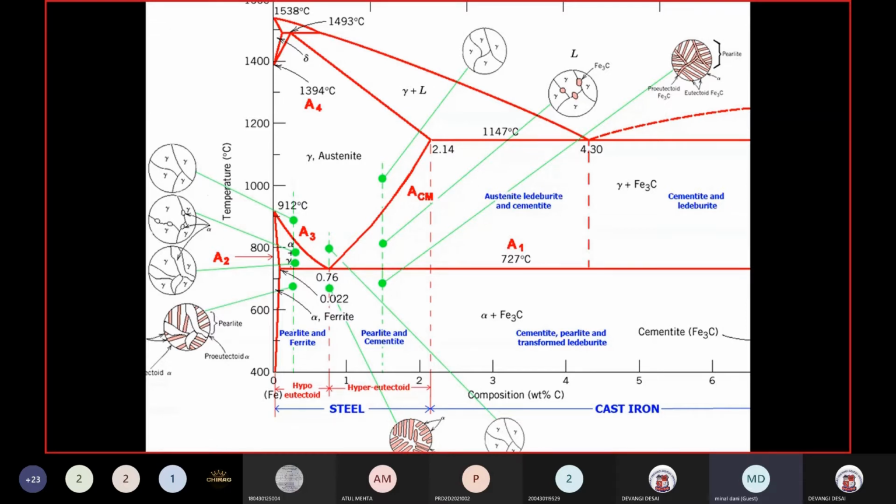So these are the different phases present in the iron carbide diagram. But as far as the steel region is concerned, up to 2% carbon comes in the study. And whatever they have mentioned about this A1 line, this A3 line and your ACM line, they have more importance when you do the heat treatment of steel.